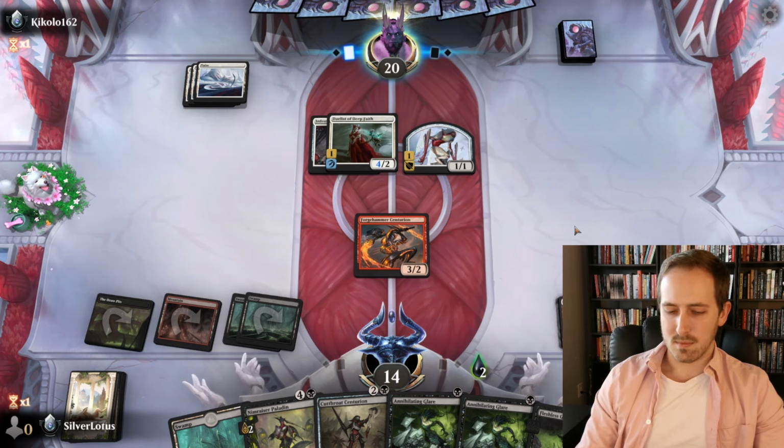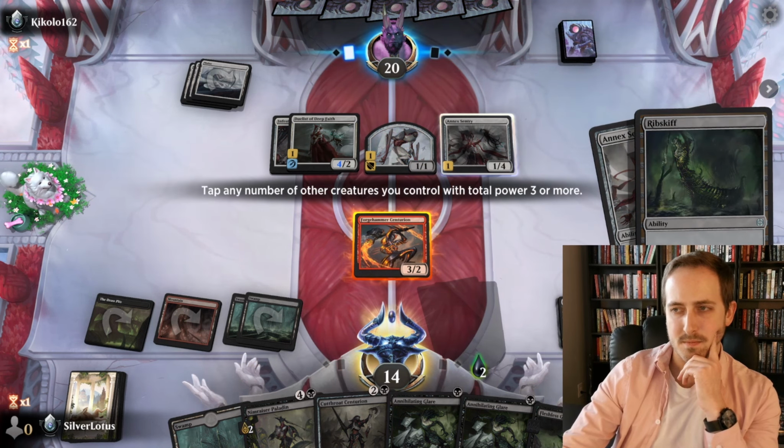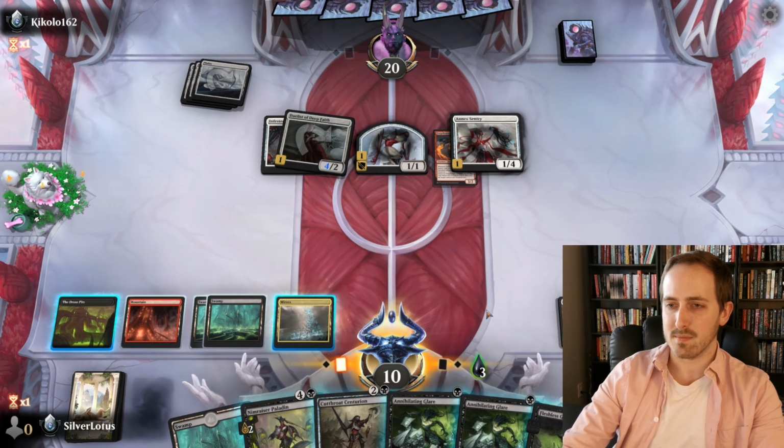Ooh, NX Sentry. Yeah. That's good. We'll go ahead and crew. We'll block the might. Maybe opponent may have accidentally swung with the might. I'm not really sure. But let's...